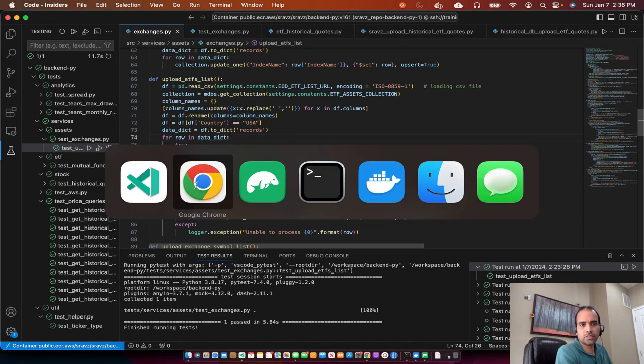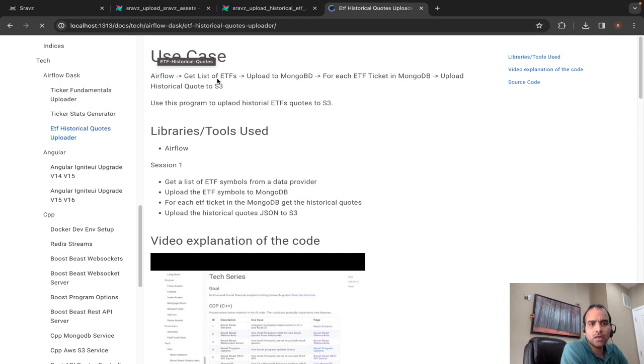In today's session, we'll go through upload of ETF tickers to MongoDB, and then using that list of ETF tickers in the MongoDB, we'll upload the historical codes to S3. Once this task is done through Airflow, the tool which we are going to use, we'll perform analysis of